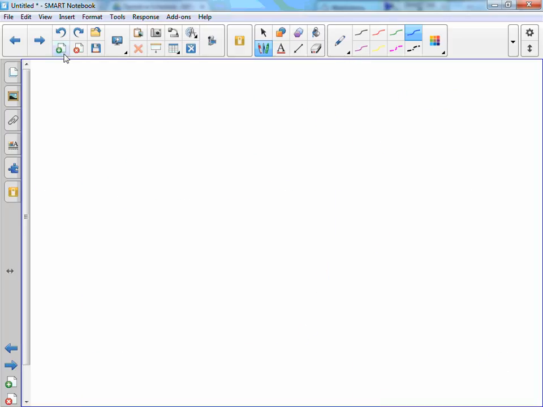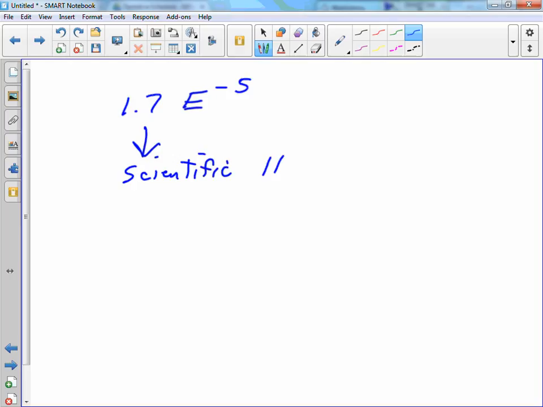Okay. Guys, girls, this is really important. Okay, 1.7 times, and your calculator will lie to you. It'll say 1.7 e negative 5. Okay, what does this really mean? This is scientific notation, and that's one thing I love those calculators, but those TIs, they've got to fix that. It's just so dumb. Scientific notation. This is not a negative number. It's a positive number. But what it means is